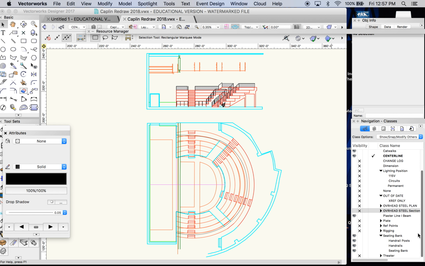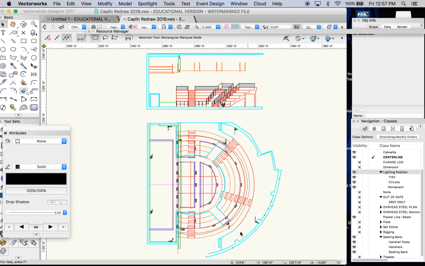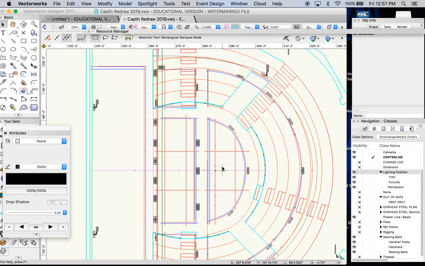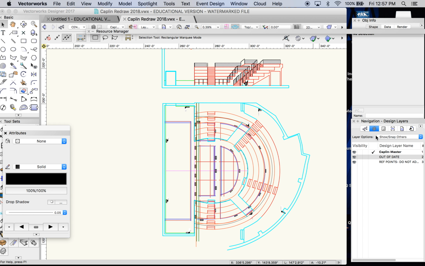I've updated the drawing here to have the lighting positions readjusted as well. Circuits are drawn in, and the semi-permanent pipes that lighting uses are indicated on here as well. One of the things that's important to me in this whole process is that the drawings that are used are the same between all parties. And so this is the Vectorworks file. I've done a lot of work to set up some layers and classes